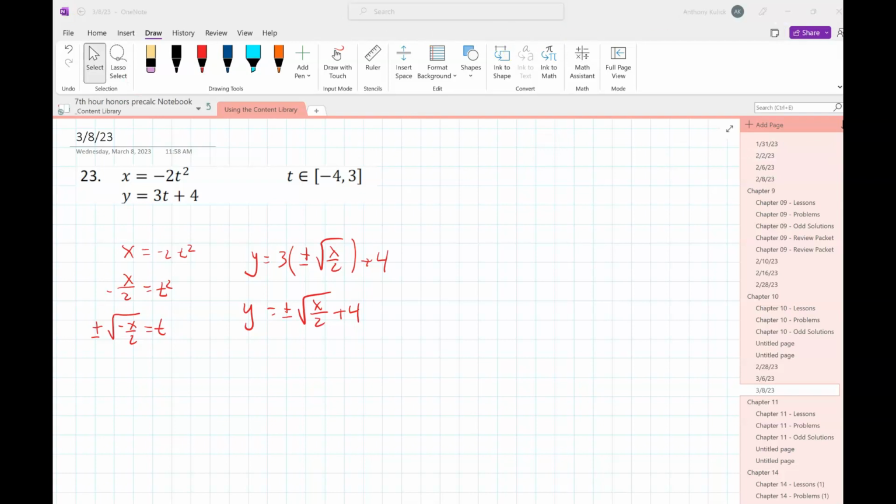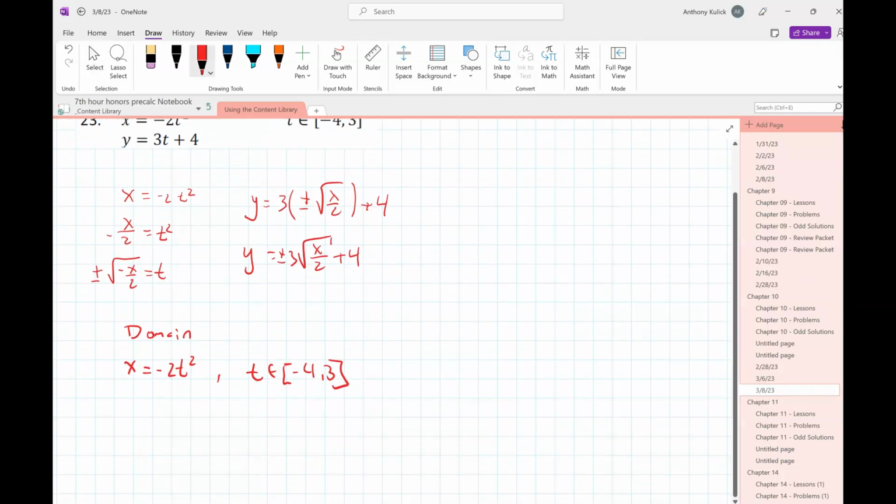Now, oh, sorry. Now we probably, yeah, that's fine. I think in the answer key, we probably rationalized the denominator and did a little bit of extra gobbledygook, but whatever. This is fine. Now to do the domain is coming from the x coordinate. So